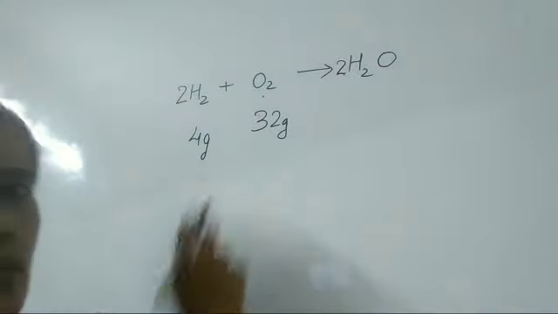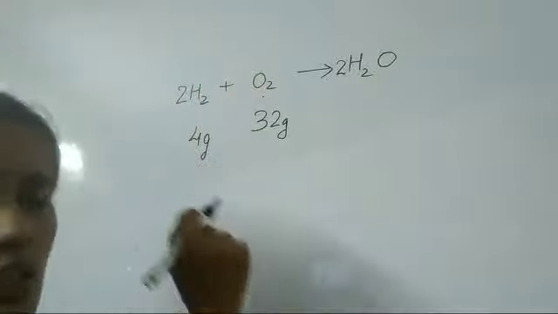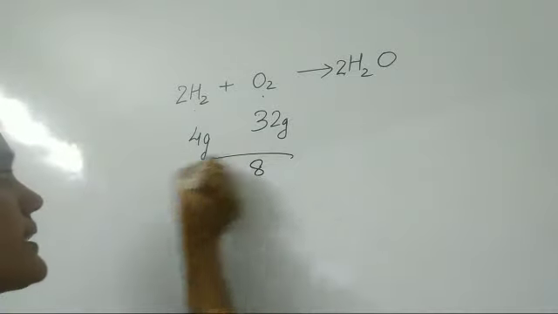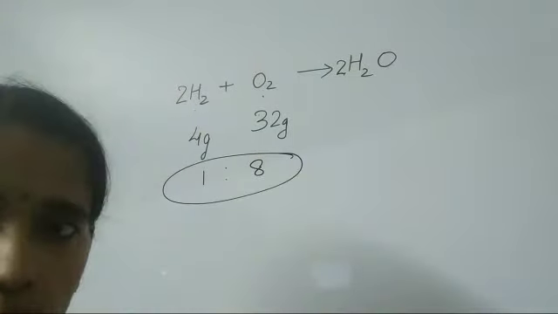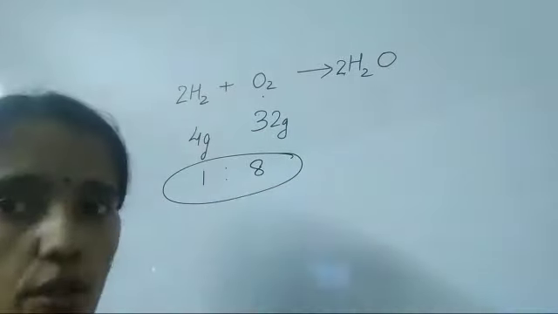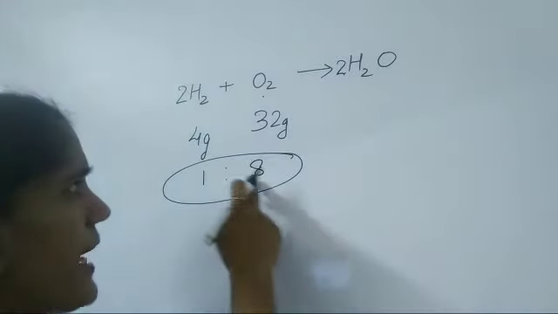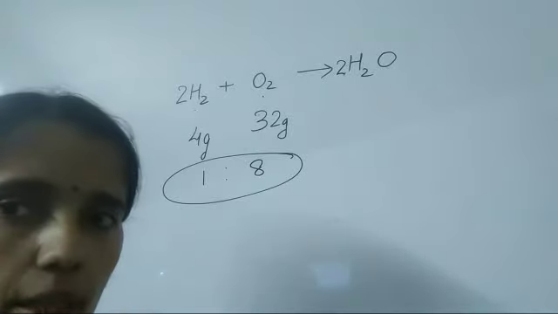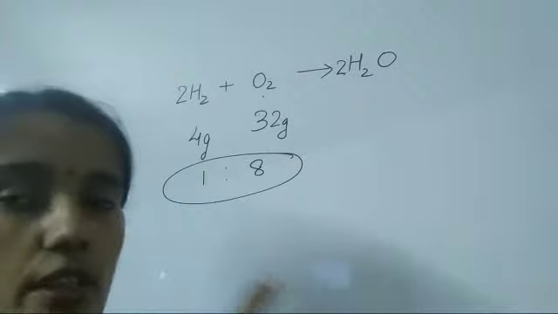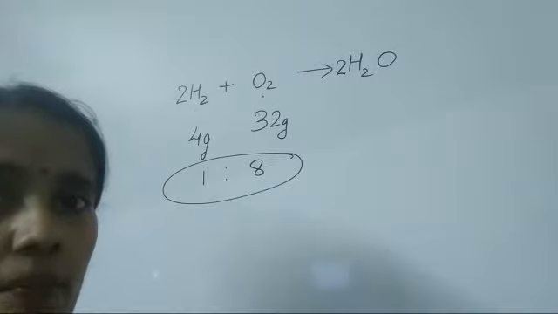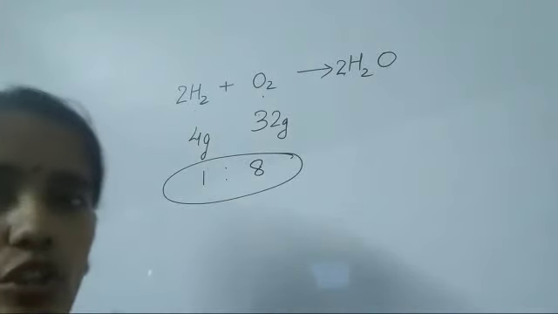So let us find out the ratio. Just divide it, you will get the ratio. So it is 1:8. So hydrogen and oxygen will always combine in the ratio of 1:8 to form water. And if I change the ratio, the product formed will be different. Clear? If I change the ratio of hydrogen to oxygen, the product formed will not be water, it will be something different. And if water is formed, then the ratio is always fixed, and that is 1:8.